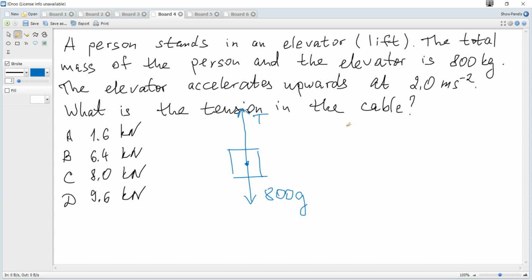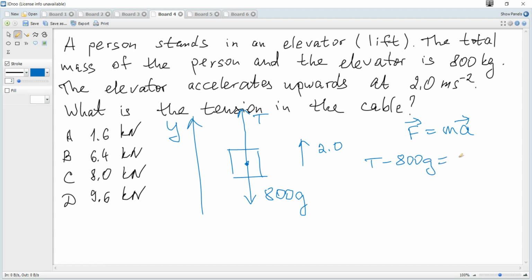If we consider a person and an elevator as a single object, and it is moving with acceleration of 2 upwards, and let y direction be up, so the second Newton's law: F net force is ma vector, and in projection or in components on y-axis it becomes what? Tension minus 800 g is 2 times 800,